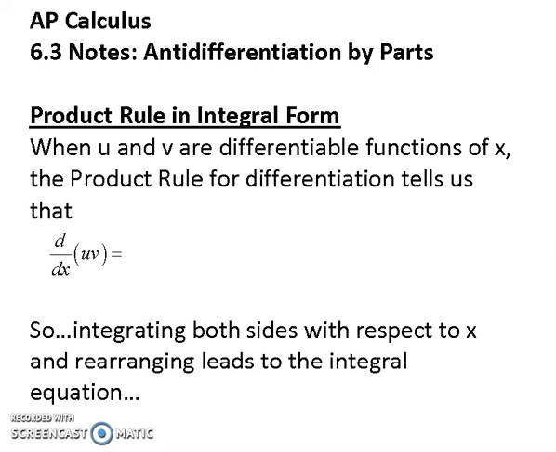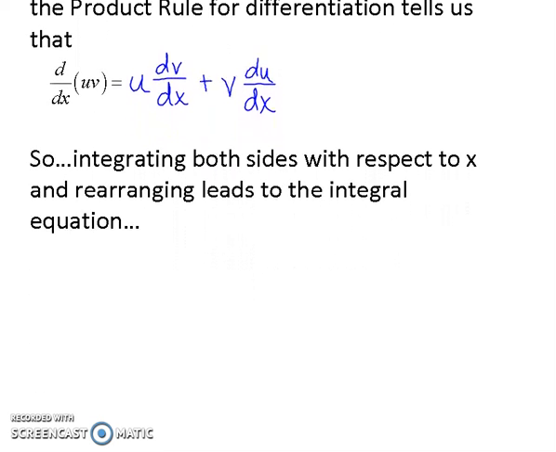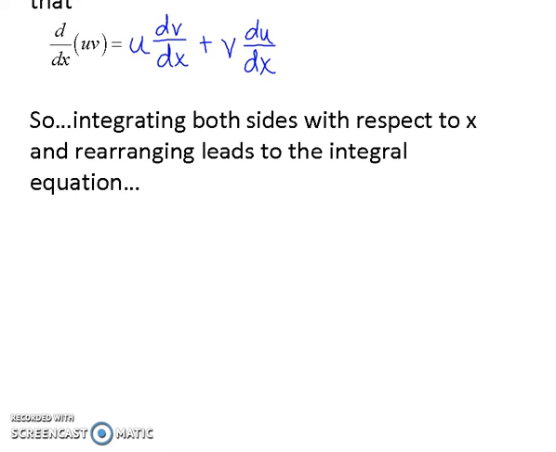When you've got two functions, we'll call them u and v, and we're trying to take the derivative of the product of them, we would do the first function, which we'll call u, times the derivative of v, so that would be dv dx, and then plus the second function times the derivative of the first. So we'll call that du dx. If I then take what I've written there in blue and try to integrate that to come up with what the original function was, we would have